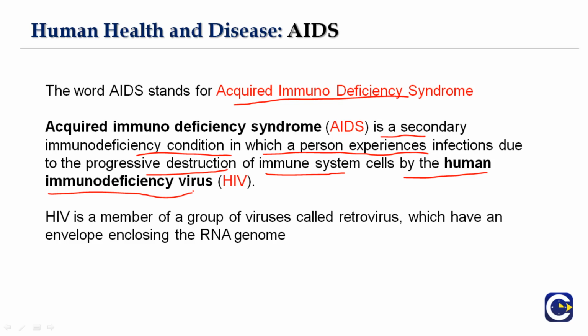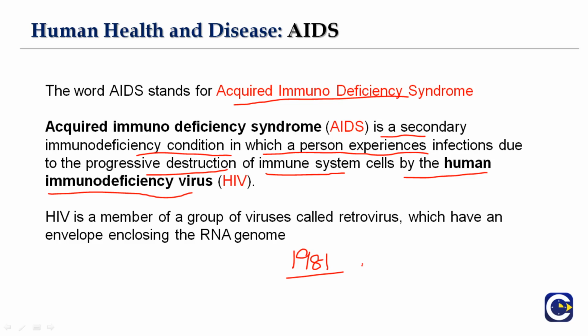I would like to add some more points here. The first indication of this new syndrome came in the summer of the year 1981. The first report of AIDS came in 1981, and the reports were from New York. These are the points that I would like to add here.